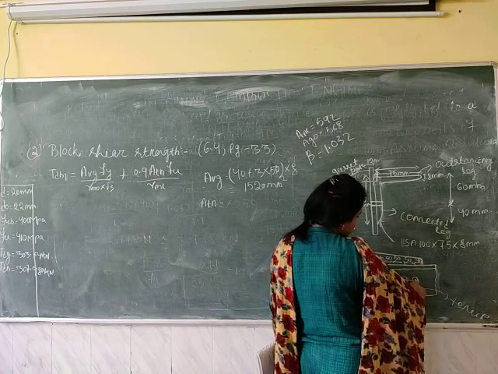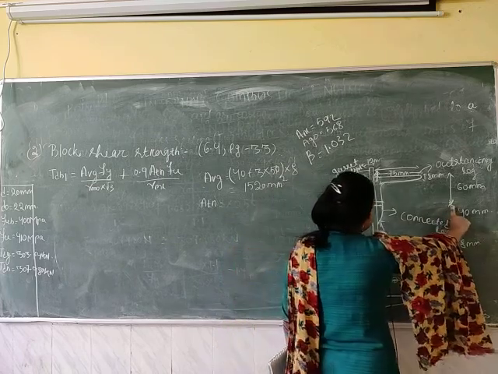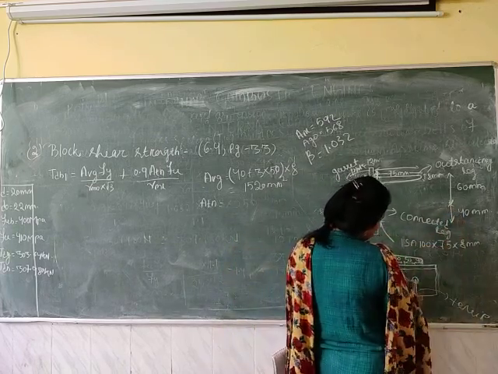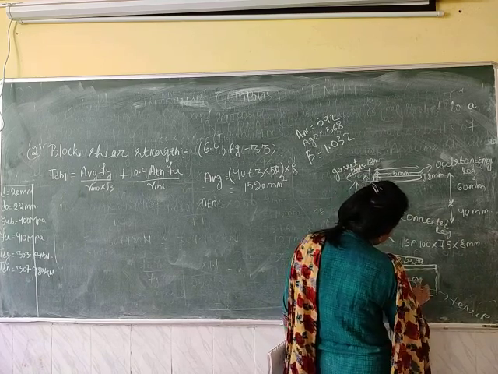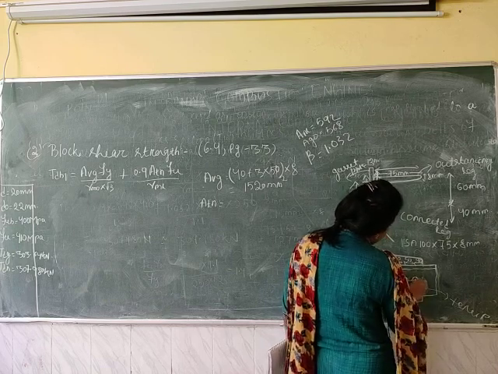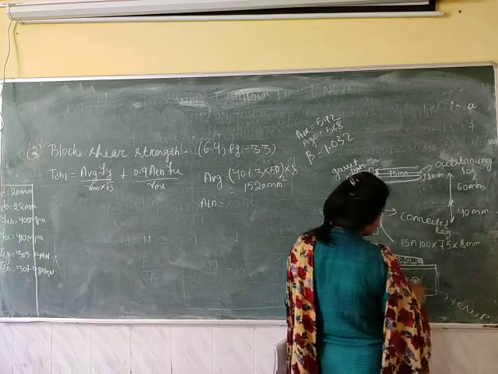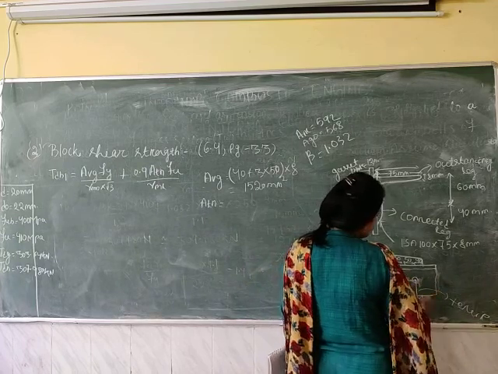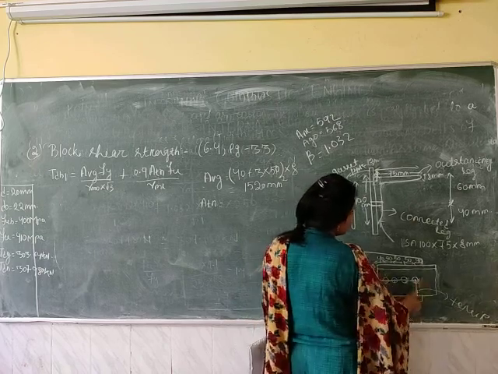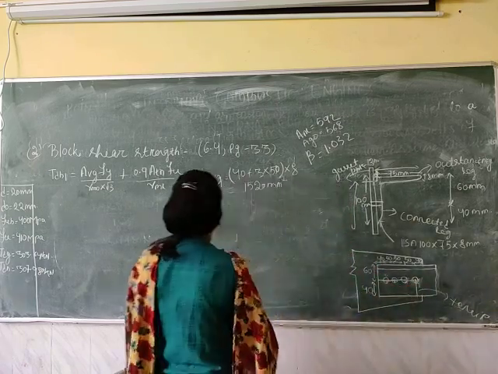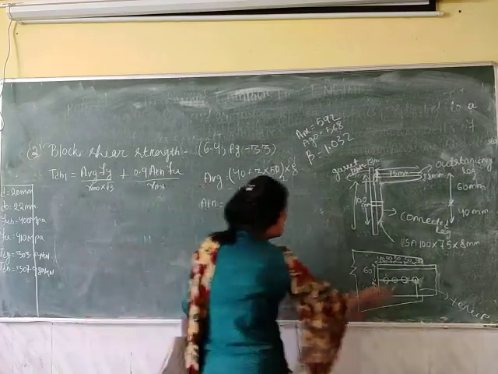So this total length is 40 mm. Here it is given, you can see. So this is the 40 mm and we shall deduct half of the bolt hole dia, as here only half of the bolt is going under the block shear failure. So we shall deduct this half of the bolt hole dia from this total width. So 40 minus half of one bolt hole dia.